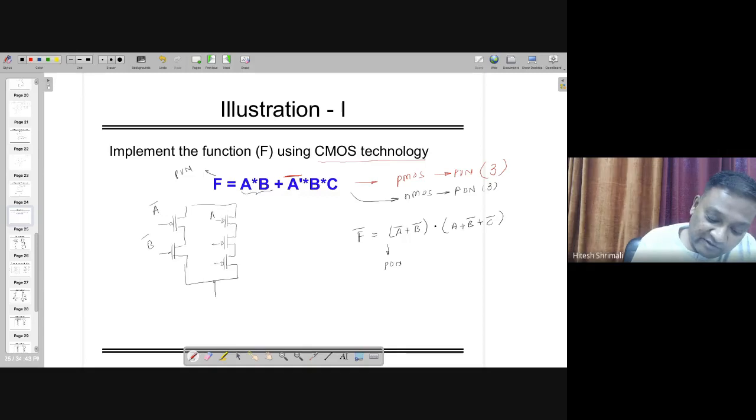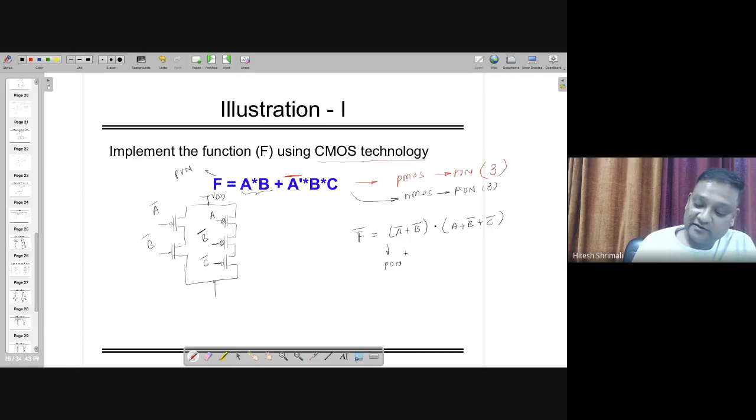So first one, if I am giving A with bubble, it is going to contribute A bar. This is B, but if I am connecting only B with bubble, the effective input becomes B bar. So we need to make this one B bar, so that B bar with bubble will cancel this effect and it will be B. Similar for C bar also. So this effectively, which is connected here, is actually equal to A dot B or A bar BC. So that is what we wanted to implement as F bar, as F.